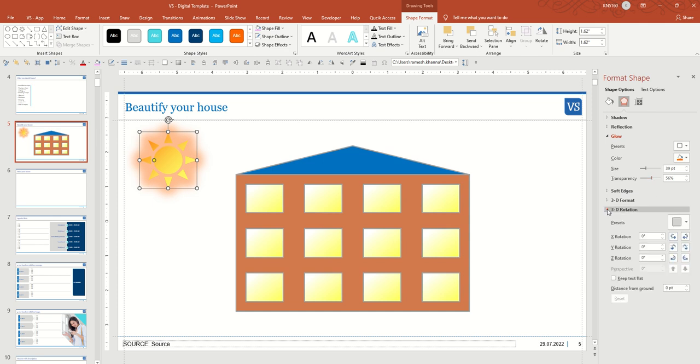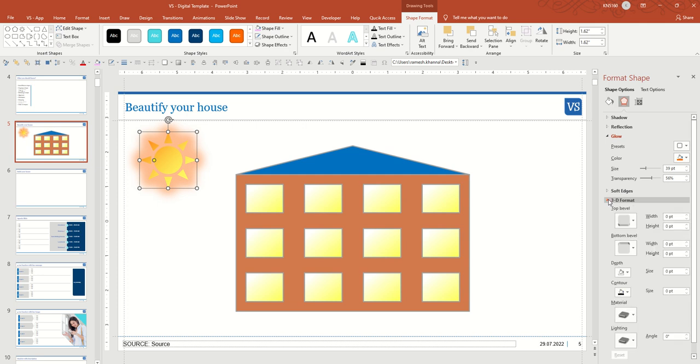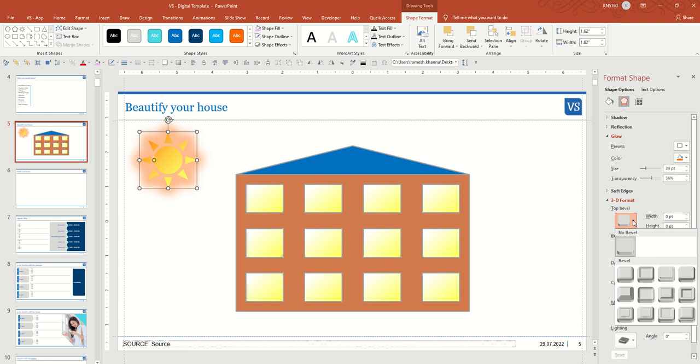I have a rotating option, so probably, okay, it looks flat, so maybe I can add a little depth to my sun. So I'll go to the 3D formatting, and you could choose any of these. I will add